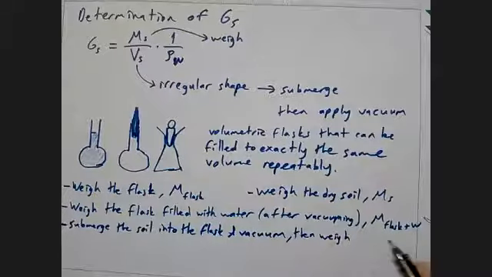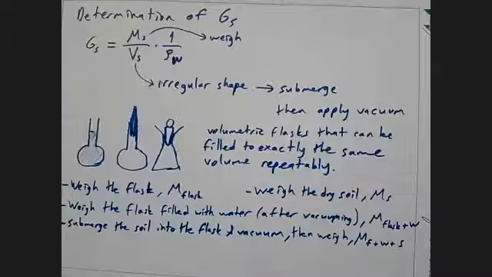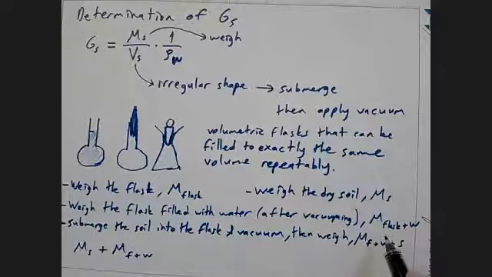Now what do we get from there? Let's call it flask plus water plus soil. So what do we have now? Now we have in our hands a mass of solids. We also determined mass of flask plus water. And if I subtract mass of flask plus water plus solid measurement,